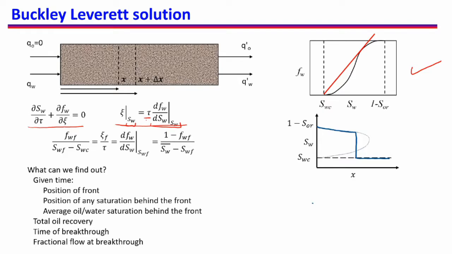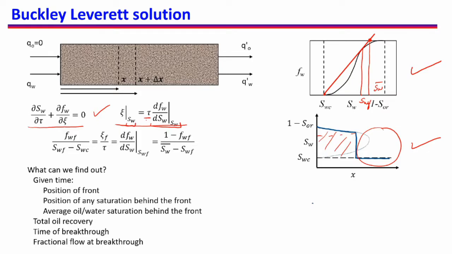And we also have found out that in these kinds of equations, which are hyperbolic equations, we generally get a shock, like I have shown here. The shock front saturation can be found by drawing a chord which is also a tangent, where this chord is tangent to the curve is SWF, which is the front saturation. If we extend this line to FW equal to 1, where it meets FW equal to 1, we get the average saturation behind the front. We are not talking about this part.